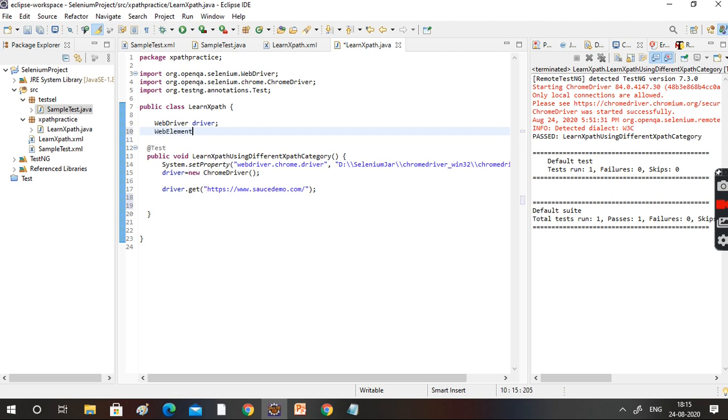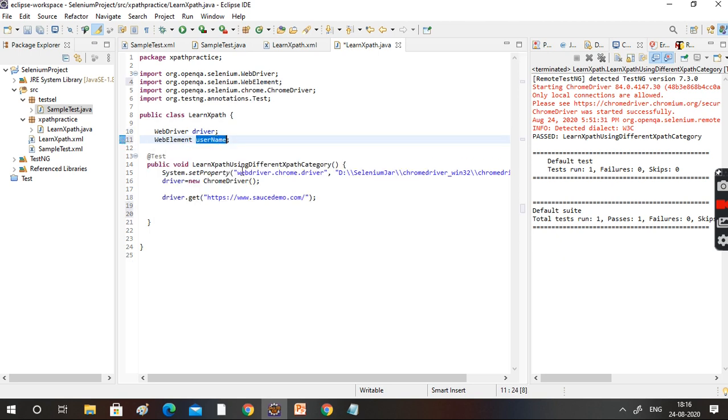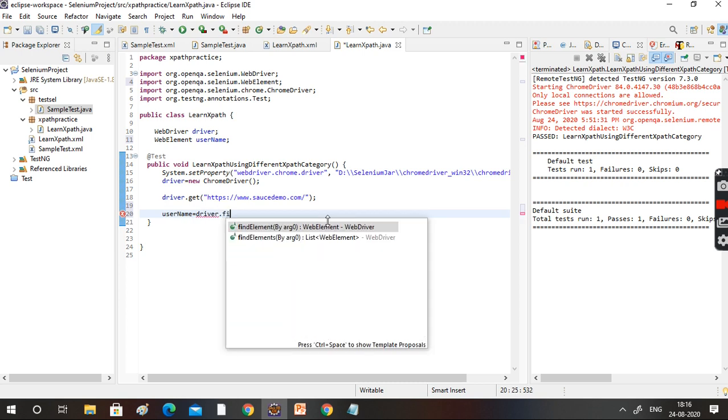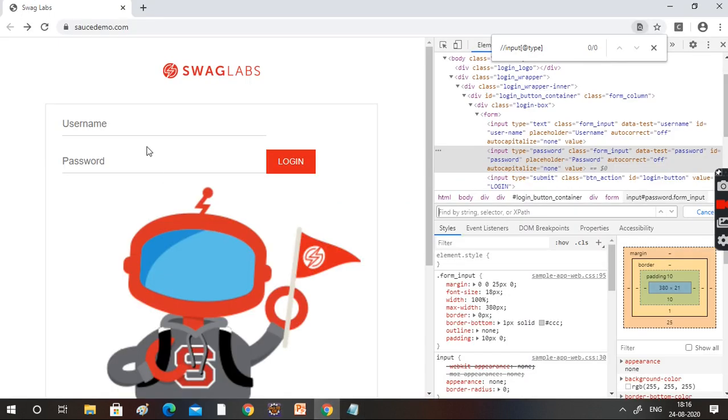Selenium driver, I am creating one WebElement, username. Okay, the text box name is username. Driver dot findElement, this is the element.